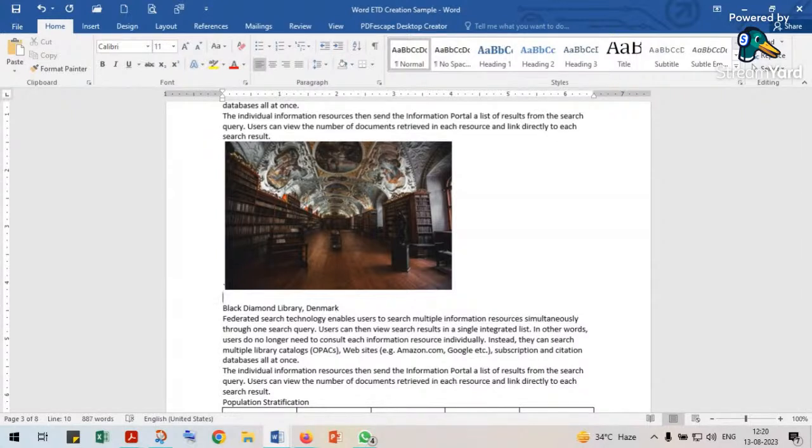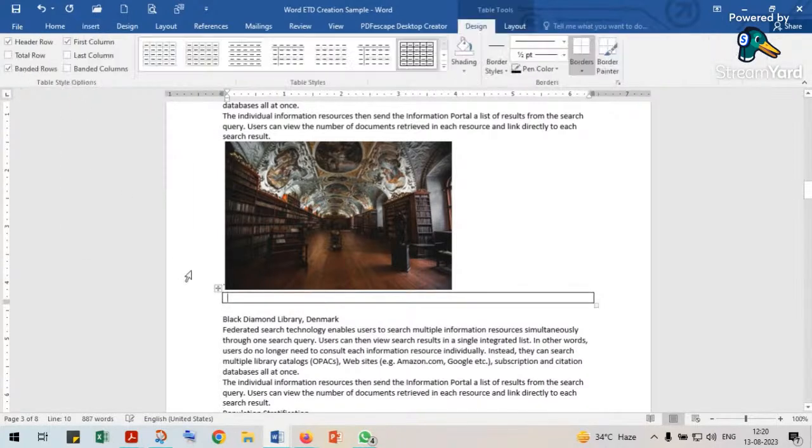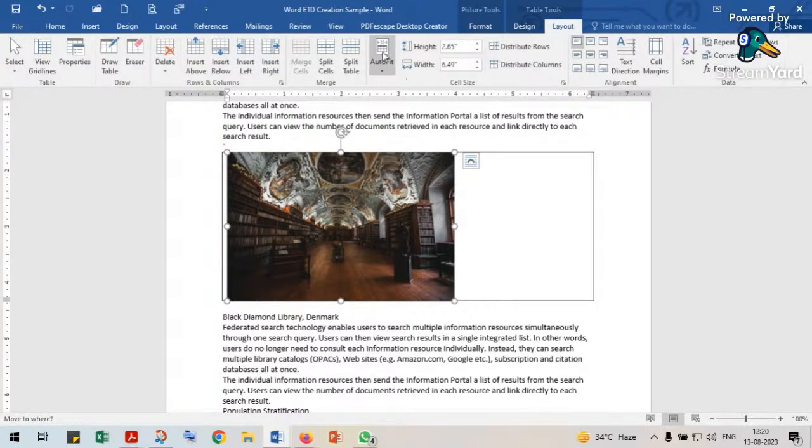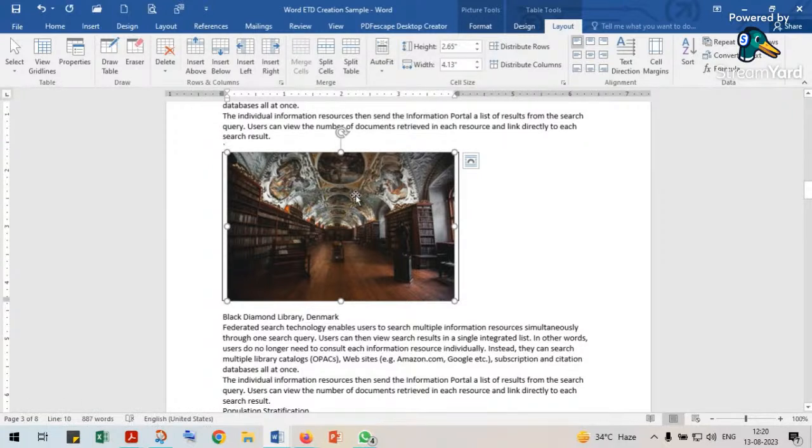So what you can do is just insert a single cell table, and put your picture in that table like this. Second step is you should go to Layout and under AutoFit, select AutoFit Contents. Okay. And after that,